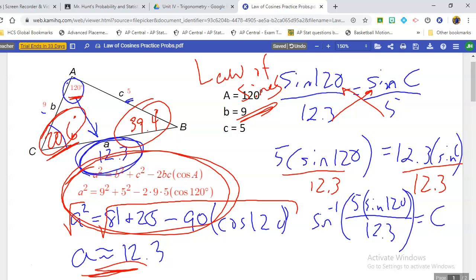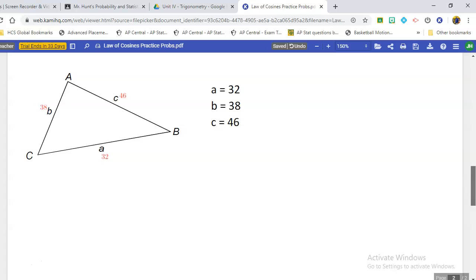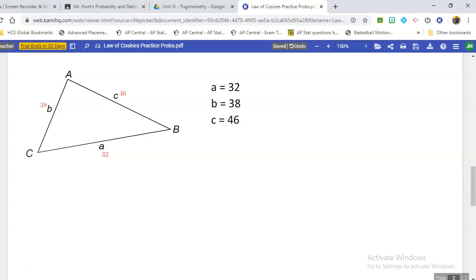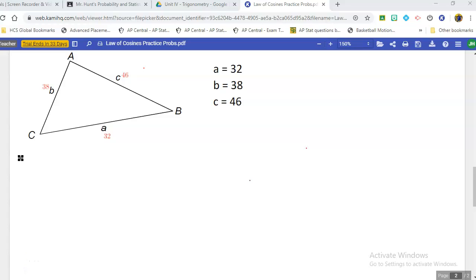All right, so let's go in and look at another example. And you can see in this example, I don't have any angles whatsoever. I just have the 3 sides that are given to me. So since we're trying to find an angle, we're going to look for the smallest angle, and this is the smallest side, so that would mean that angle A is definitely my smallest angle here. So we're going to use the formula that A squared is equal to